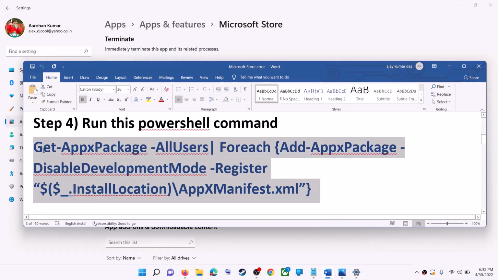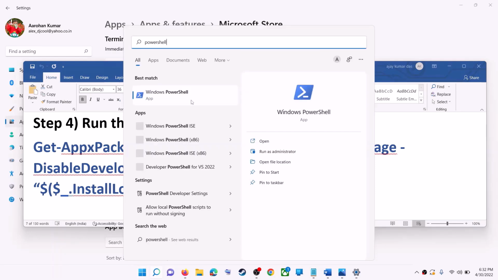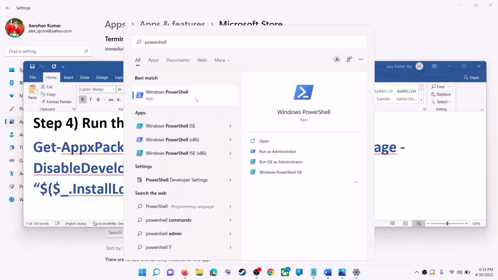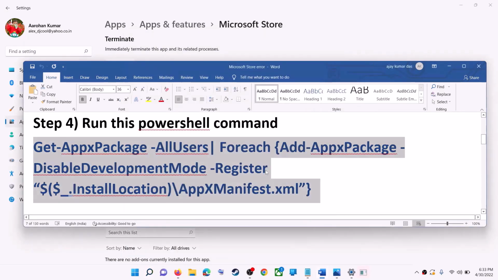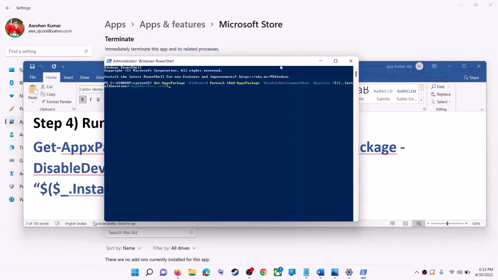This command is provided in the video description, so copy it. Now type in PowerShell in Windows search box and then make a right click on Windows PowerShell and then click on run as administrator. Make sure that you're opening PowerShell as an administrator. Click on yes to allow. Now paste the command over here, hit the enter key